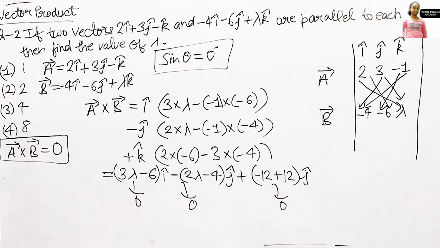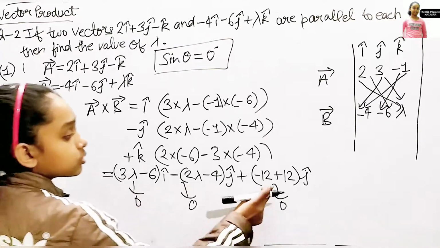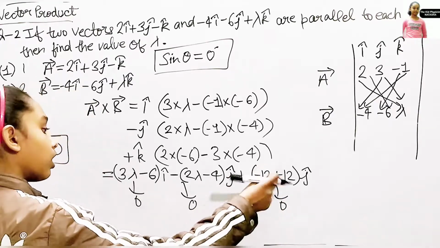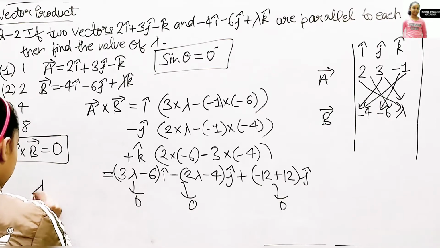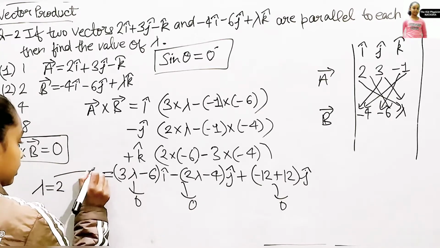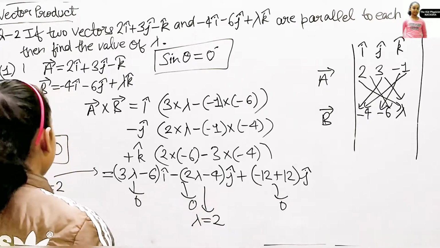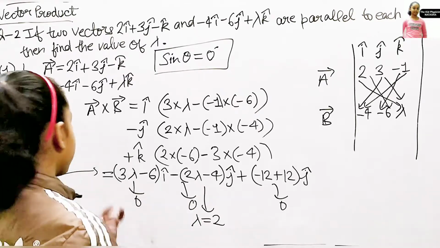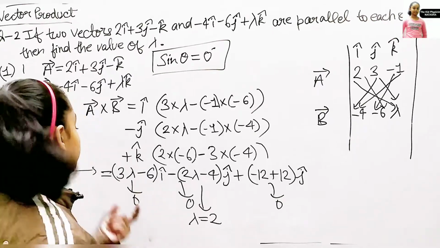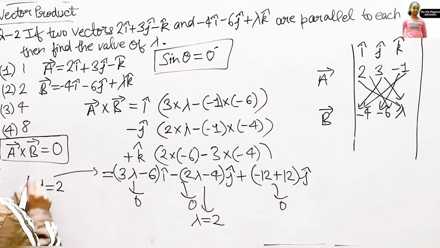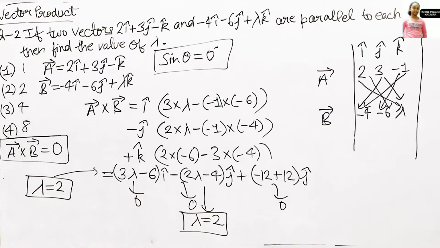Yeah, so now, by seeing it, what will you get? You will get, actually, this will be 0. Okay, this will be 0, and here our gamma will be 2 in this condition, and in this condition also our gamma will be 2. Okay, how? See, 3 gamma, forget about gamma, 3 minus 6 will be what? By solving it, our gamma will be 2, means our gamma is equal to 2. Okay, so this was method 1.